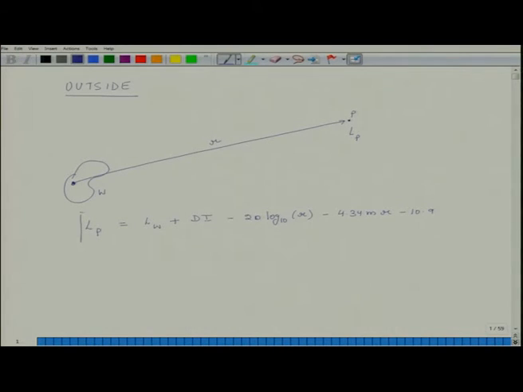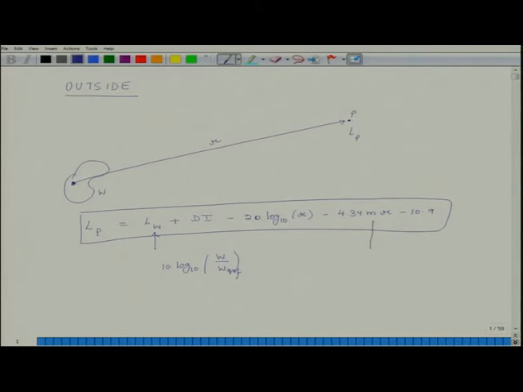This is the expression we had developed, where LW is equal to 10 log10 of the ratio of W over the reference power level, W naught or W ref,